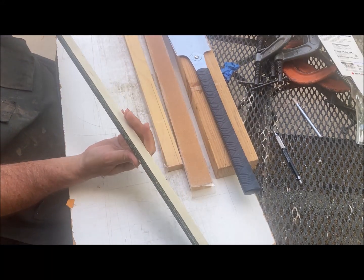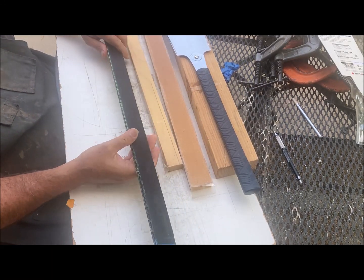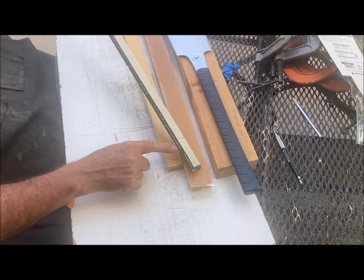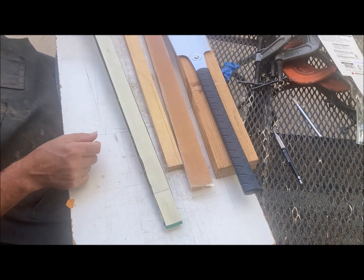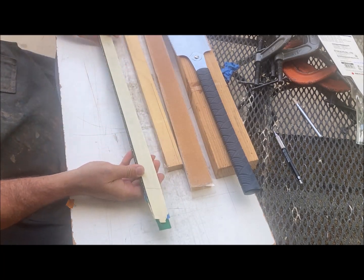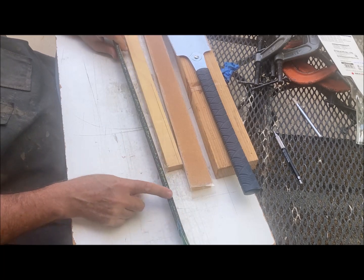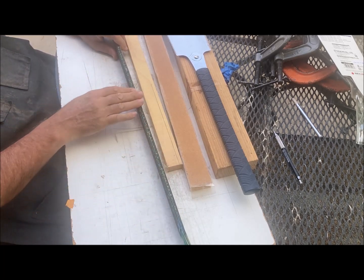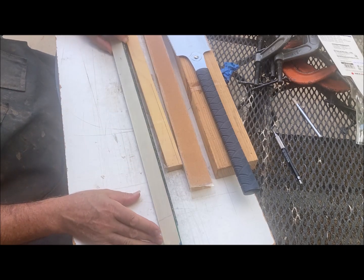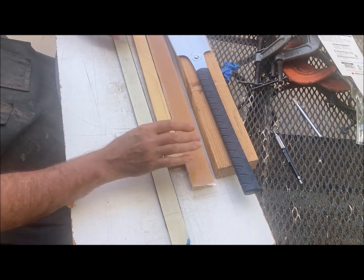Okay, so I've gone ahead and done several more glue ups here. So you can see it's quite thick. So now what I'm going to get ready to do is cut this off where the tapes were. I've already marked it. I'm going to cut it there and right here. And then I'm going to plane this so that we're going to have a nice edge right here. Okay, so to cut it,